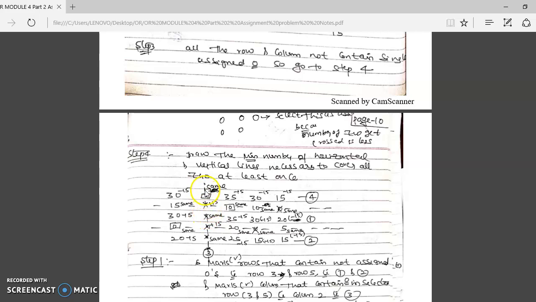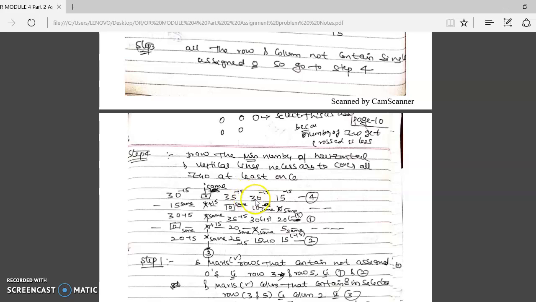So mark this column and name it 3. In the second step, we find the column where 0 is assigned, the assigned 0 inside the square box. So this row will be marked. So we got the fourth one.